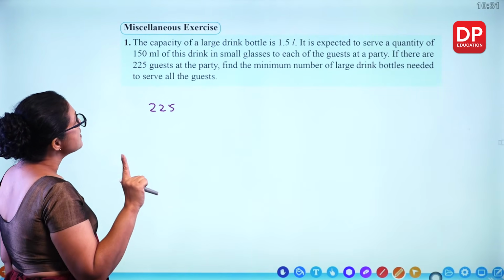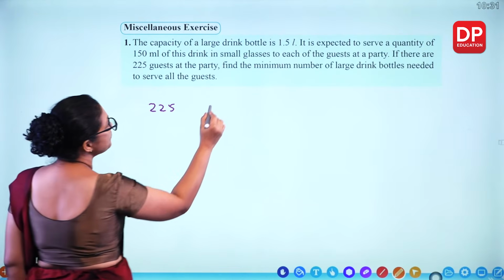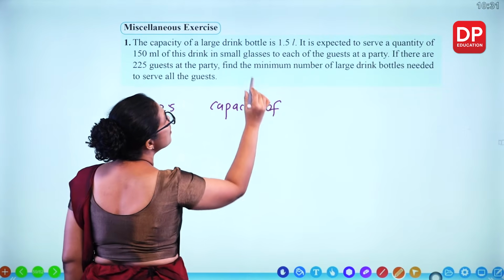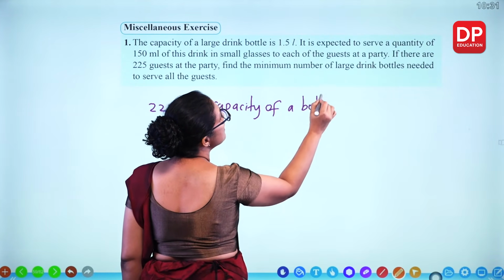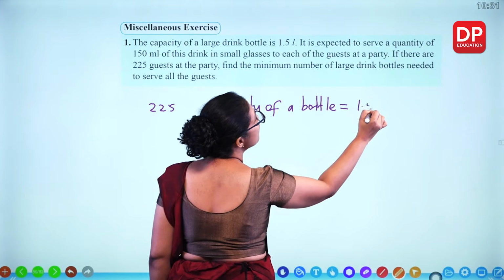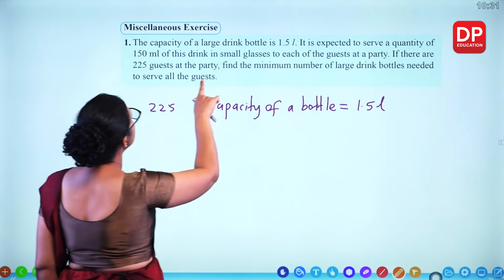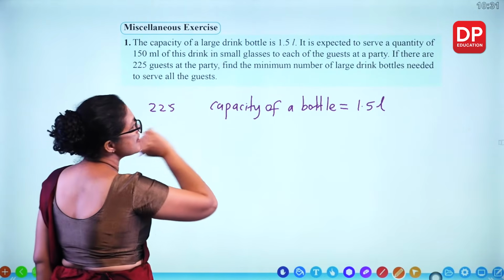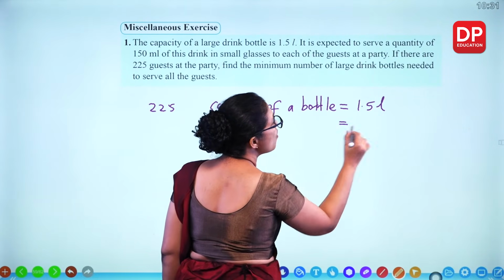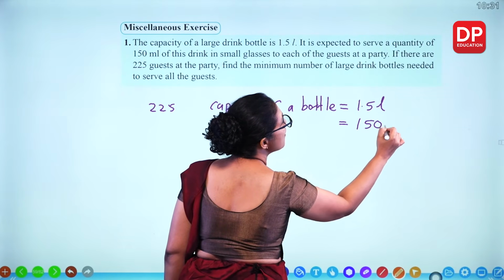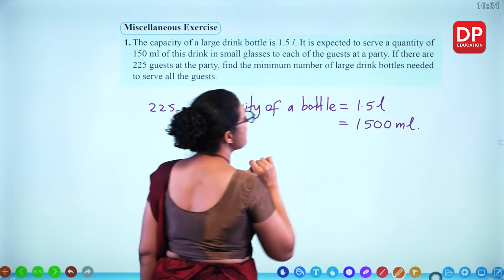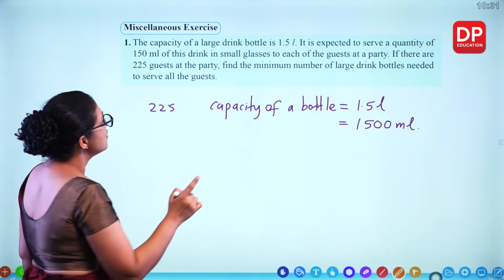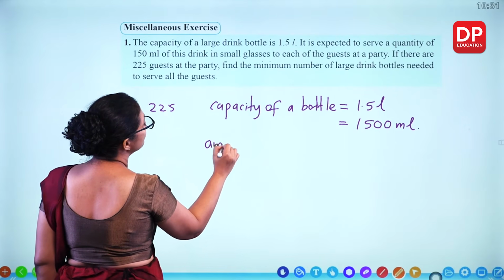So what's the capacity of one large bottle? Capacity of a bottle is 1.5 liters. So we'll convert this to milliliters. Multiply by 1000. 1500 milliliters. So if there are 225 guests, so amount of drink needed,